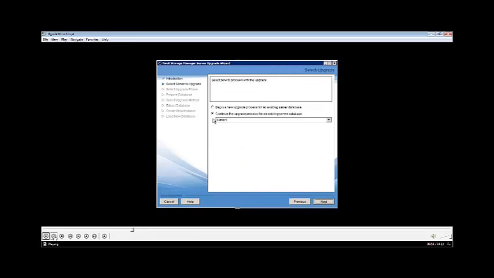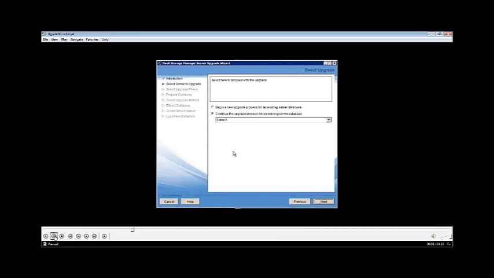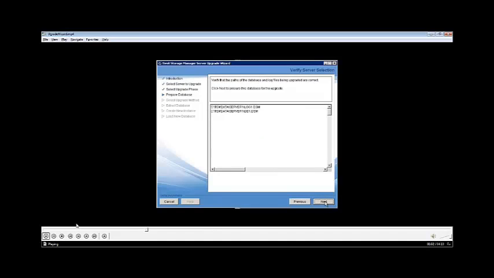Next. And here's the name of the server, and that one kind of flipped by quickly. Okay, what I want to show you up here in this section: if something does fail, depending on the cause of the failure and if it can be corrected, you can restart this wizard, and this is how you do it in this section. So we're going to say this is the first time we're running through this, then we're going to go ahead and start. What this wizard is going to do is really going to prepare the database,